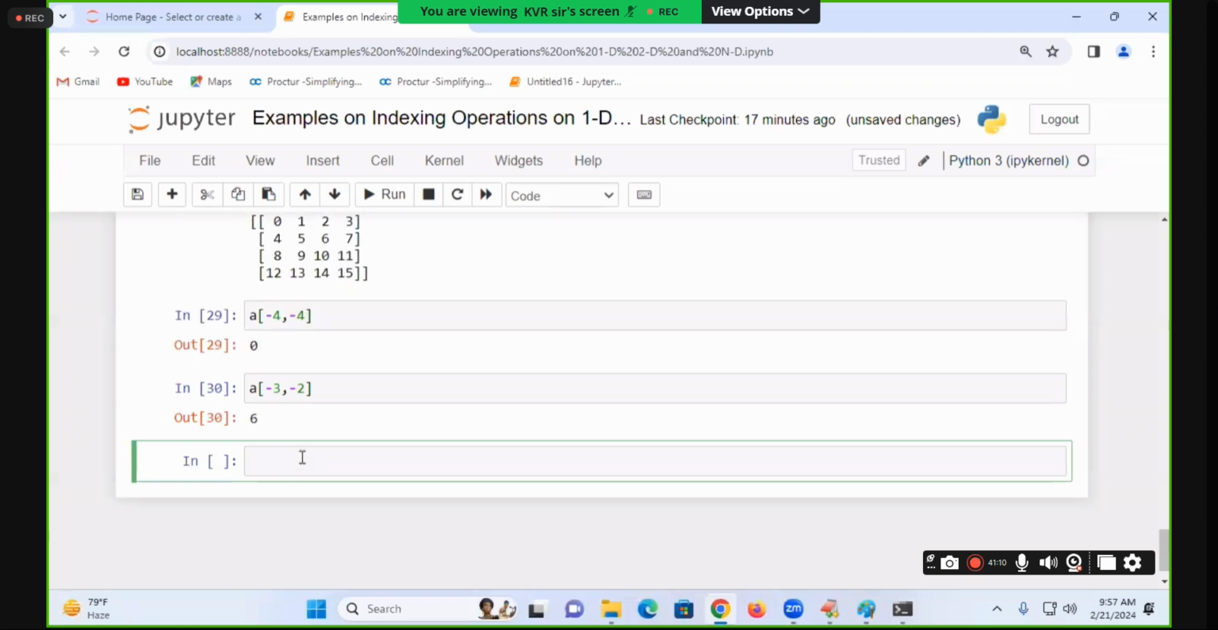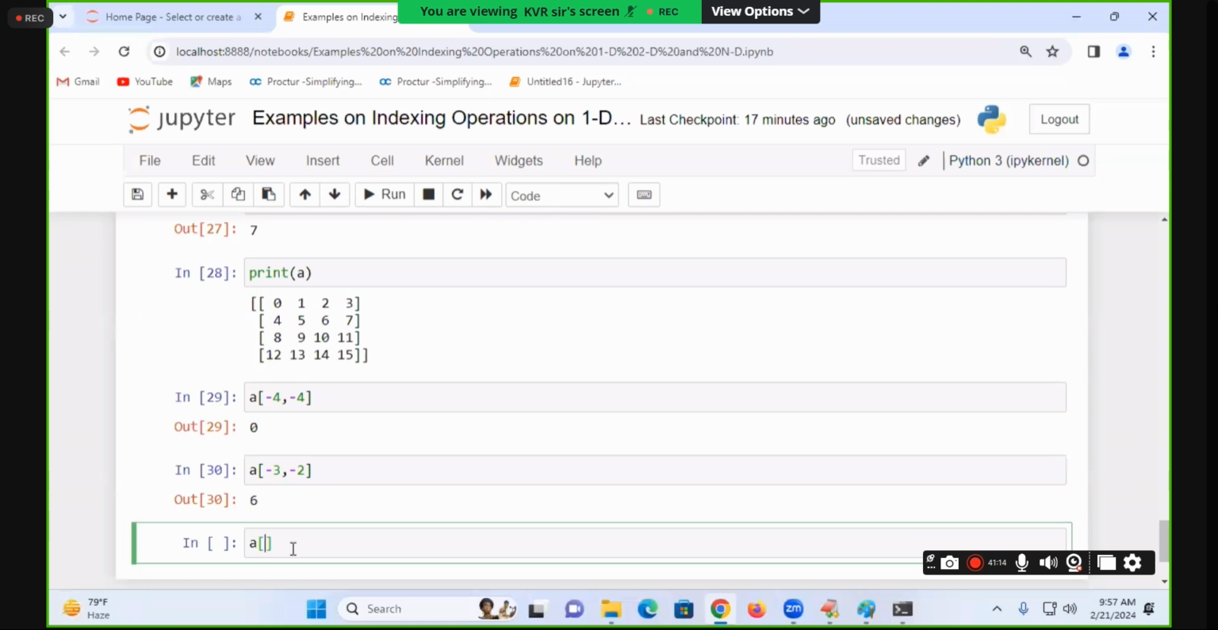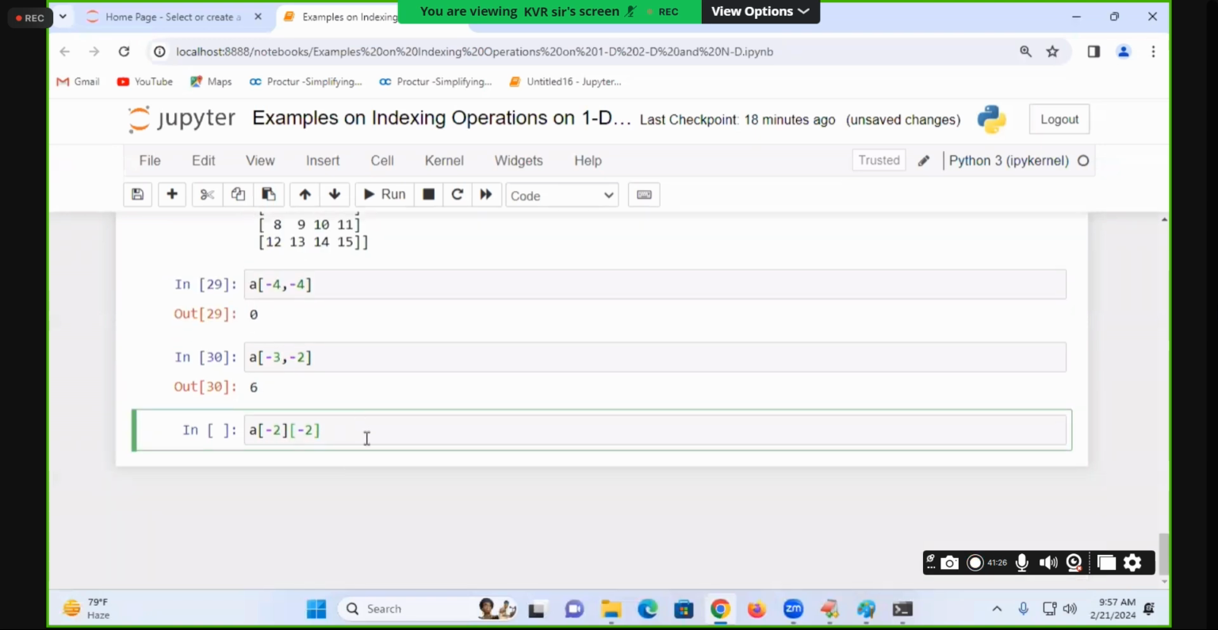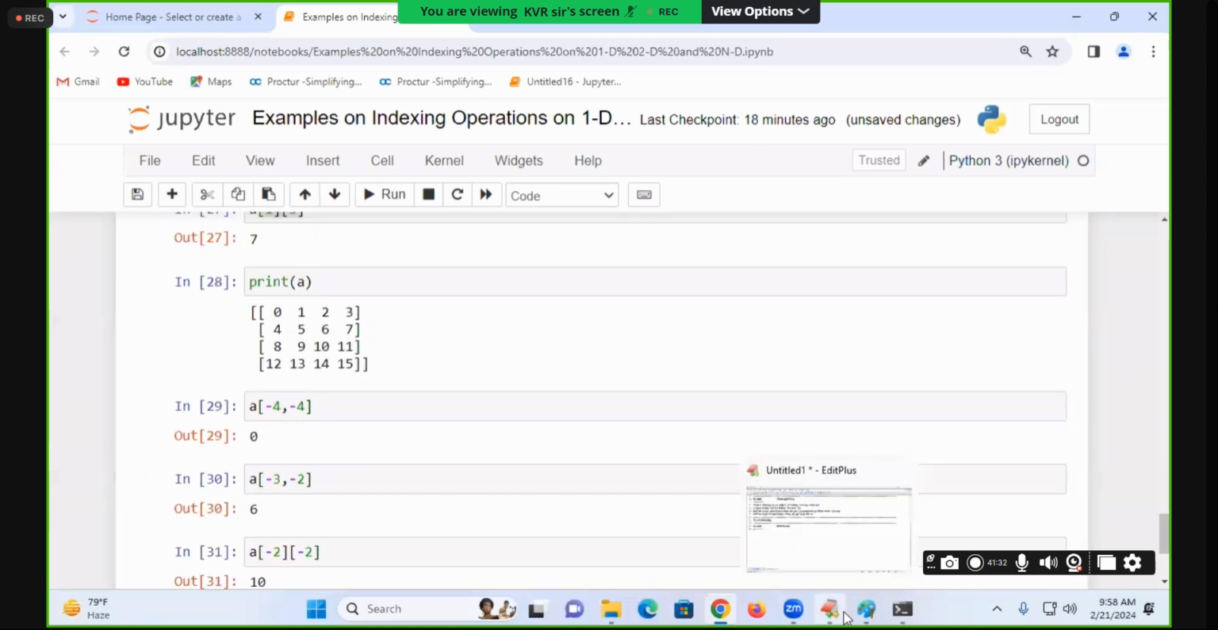I want to locate 10, students. A of -2 comma -2. Yes, that is going to be another way. Are you getting it or not? Easy or difficult? Easy. So if I come back to my syntax,